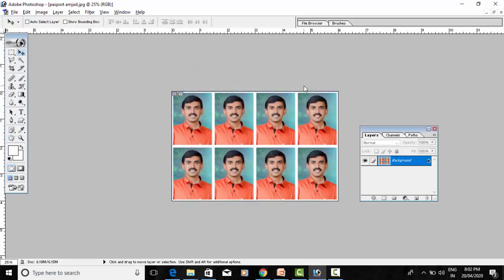In this way, within a few minutes, within a few seconds, you can create your own passport size images from a big image. So this is how we have learned in this video to create our passport size photograph with the help of Adobe Photoshop 7. In the next video, we will learn how to change the background of our passport size images. That is also very easy, but it takes a little more time than this. So if you have a good photograph, you can create your own passport photo within a few seconds.